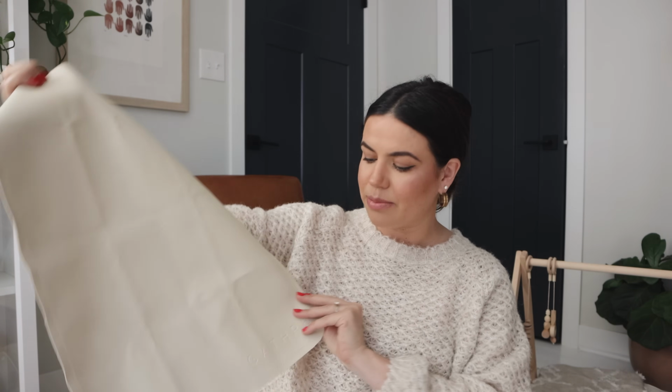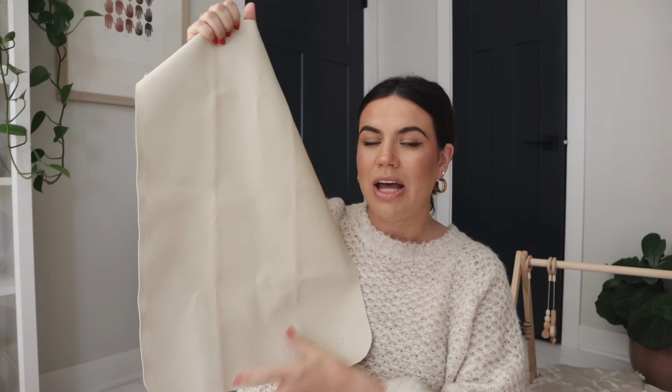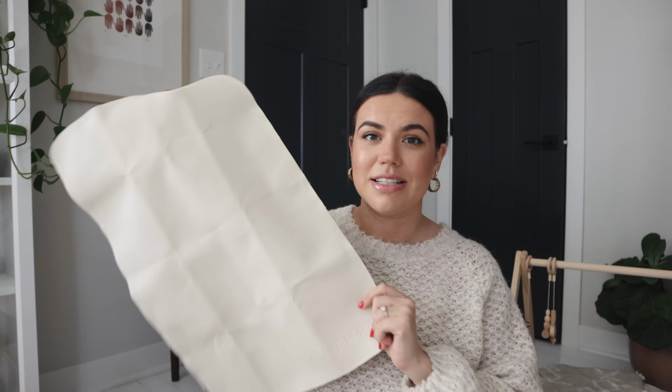The next thing is this little Gather is the brand. They have a bunch of different sizes of these, but this is a little travel size one that I got for my diaper bag. But for the first few weeks, we honestly were down in our living room more than anything. We hardly were in our bedroom, never in her nursery, and I hardly ever used the changing table, maybe once or twice. And so I would pull this out, we would just lay it out on the couch